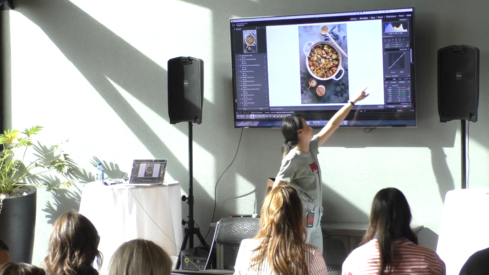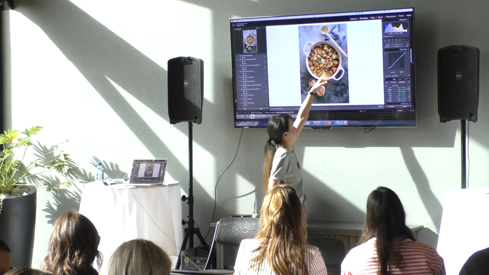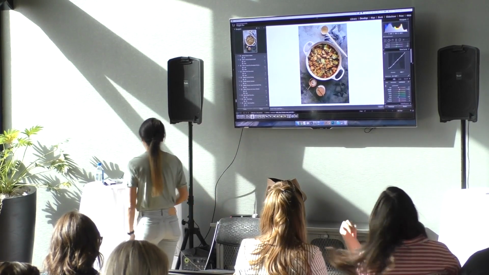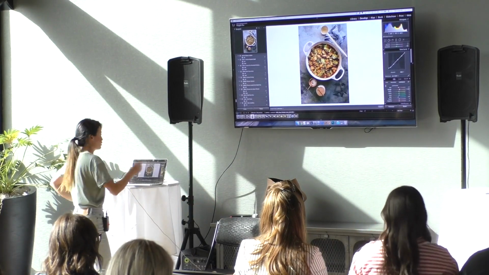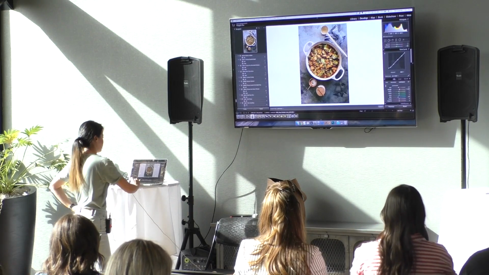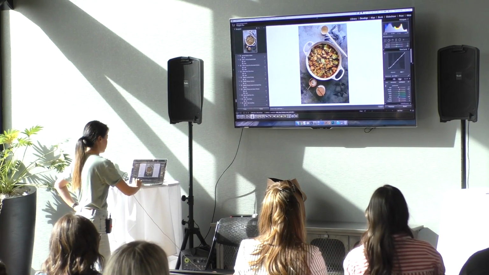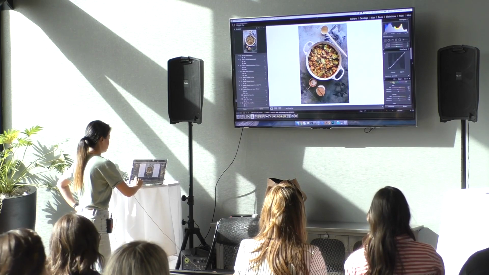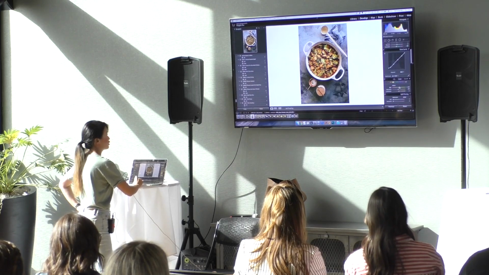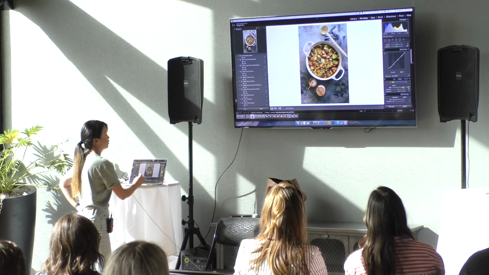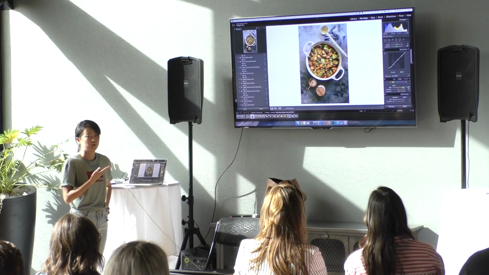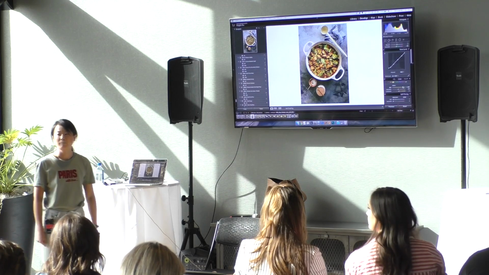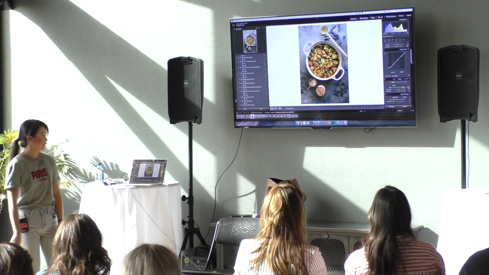It's an HSL panel that you can just go down there and use this tiny circle. Click on this or this photo, and it tells you what color it is. So I can figure out what color it is. I want it to be red, not yellow. So I go to the color, click on the yellow, and make it a little bit gray. So now we just unfold it. The HSL is to figure out ways to